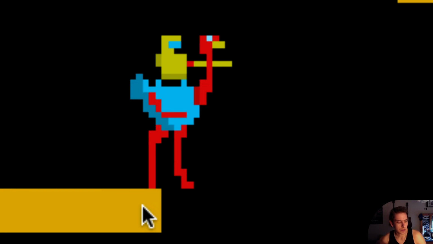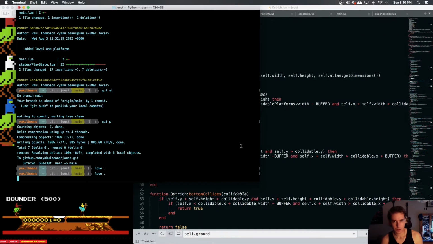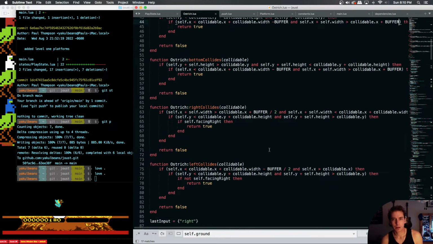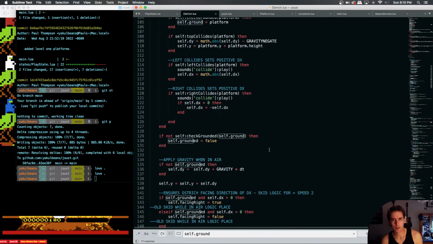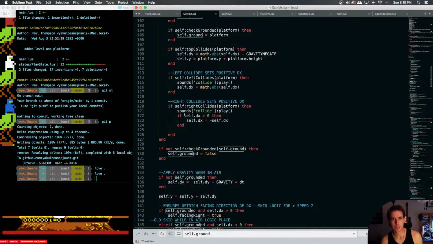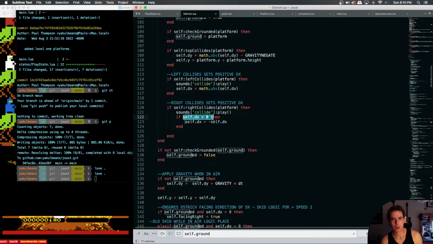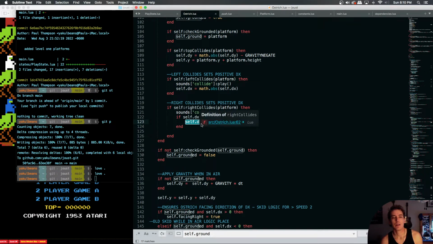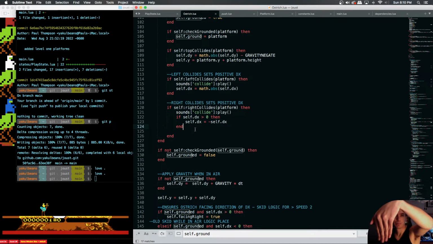All it does is, if the DX is... I'm going to have to find the code so I can maybe explain it better. It's under the side collision, right? Like left and right collision. If DX is greater than 0, then we swap our DX on a right collide. Otherwise, we don't swap our DX. So under this new implementation, if we fall off the platform just barely, our left collides